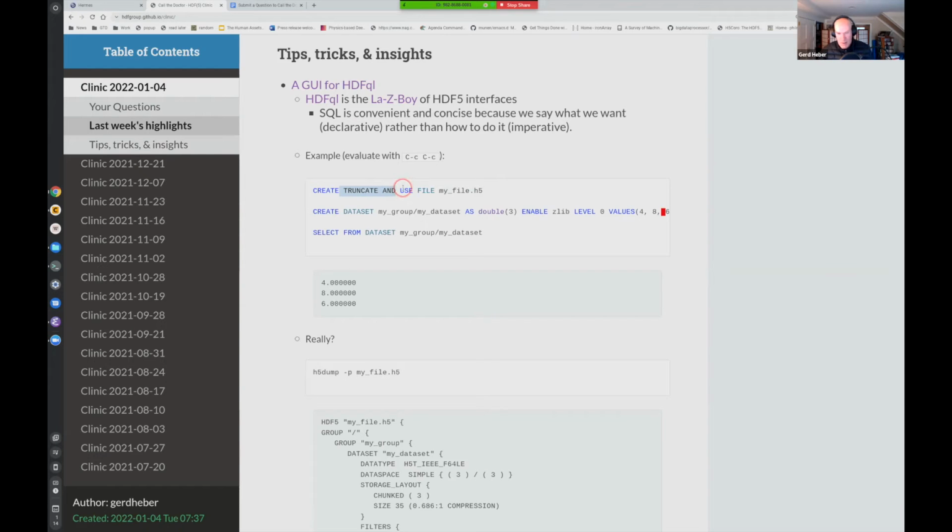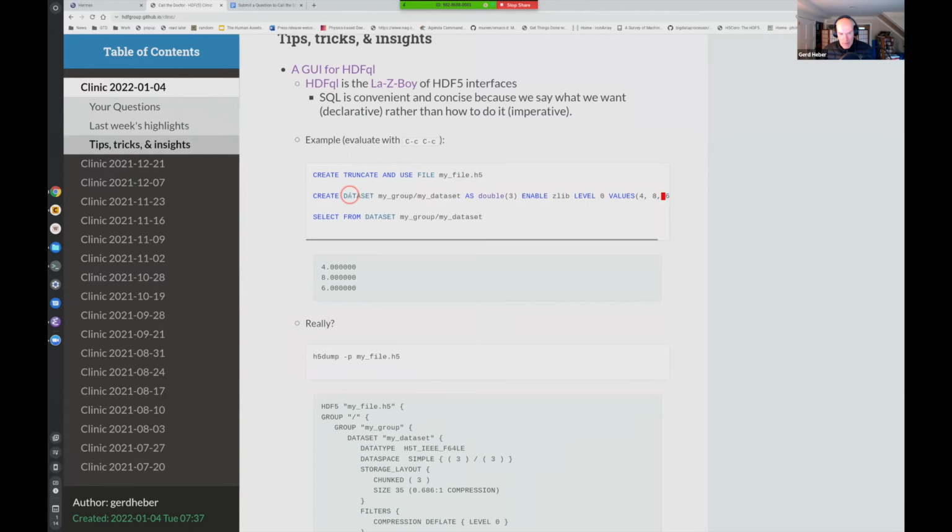And if it doesn't exist already, it will just create it. And I can work with an HDF5 file called my_file.h5 from here. Then standard tasks like creating data sets or reading from data sets